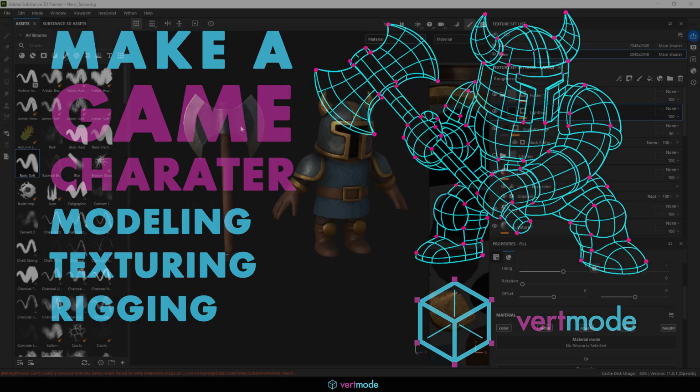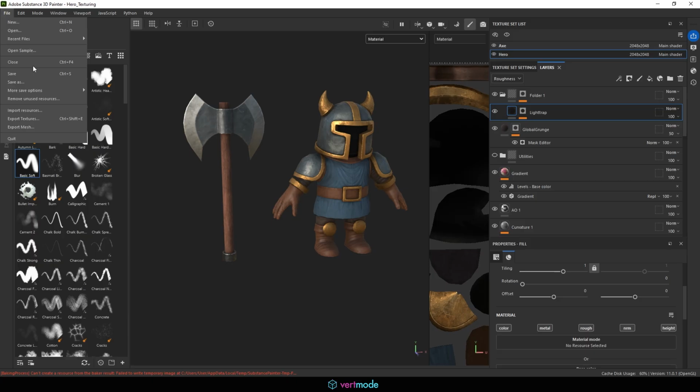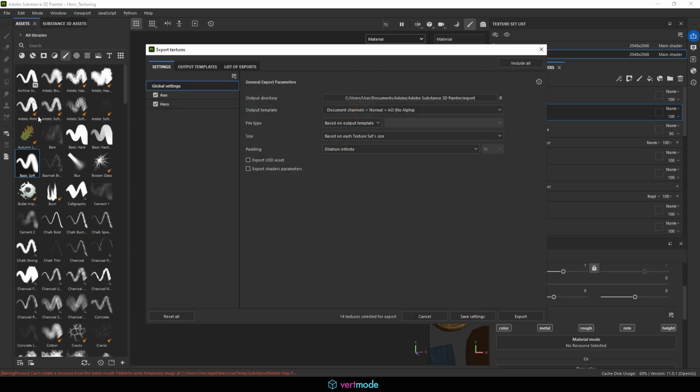All right, so we got this all set up and textured. We're ready to export this out and take a look at this inside of Maya. So what's really great about Substance Painter is it's very easy to export from. You just come up here to File, Export Textures, and when it comes into games in particular, this is where